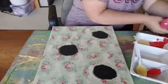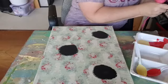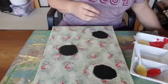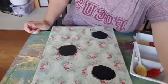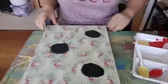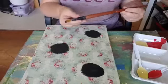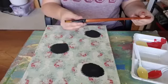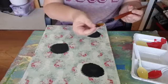Right, okay, so I'll just pop the little light back in that I used to highlight everything. There we go, and I'll turn it back on. There we go. Okay, so we have our flowers, and I'm just using a flat brush. This is a Renoir number 20 that I've just bought from Bunnings, the local hardware store, and it's got a soft